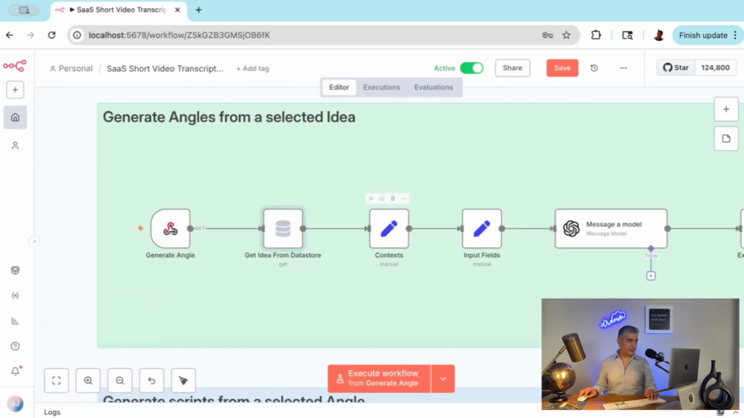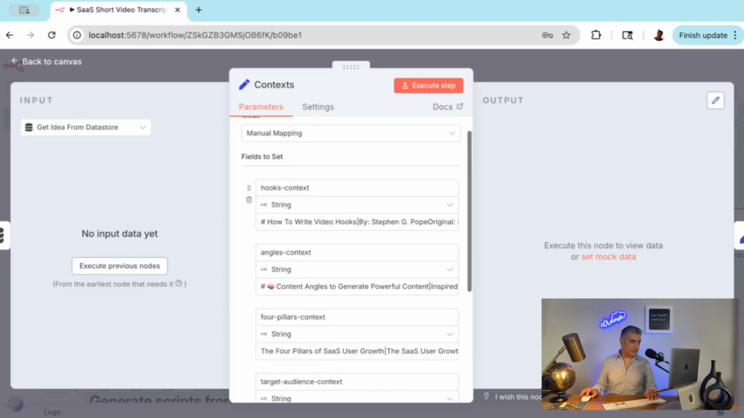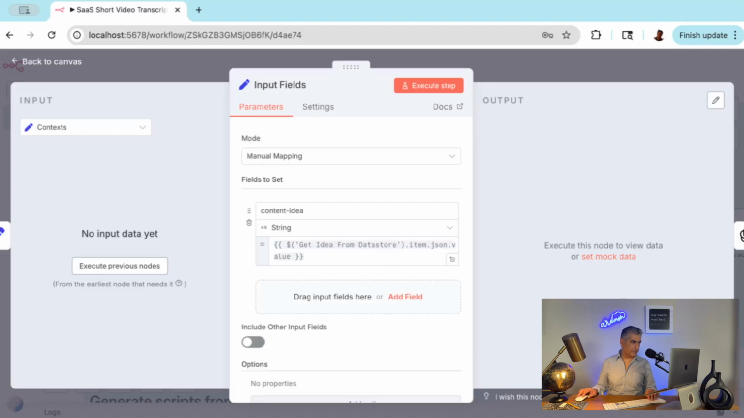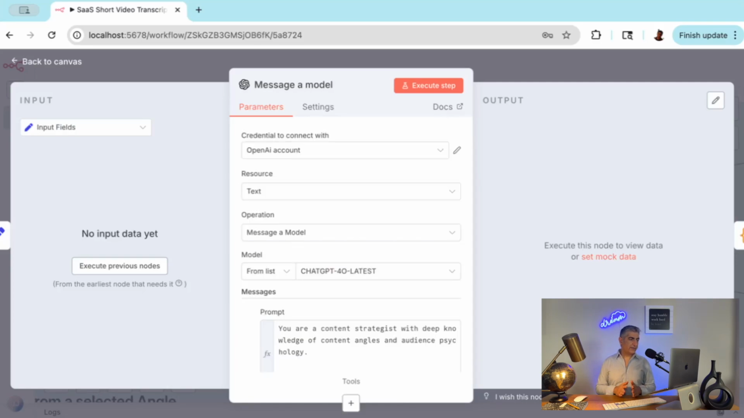Next, we're going to set up the context and inputs that we need in order to call our next prompt in OpenAI. The context is going to pass in the hooks, the angles, our pillars, and our target audience. The input fields is going to set the content idea based on the value that we retrieved from the data store. We take all of that and we use that to pass into another OpenAI node with the credentials again